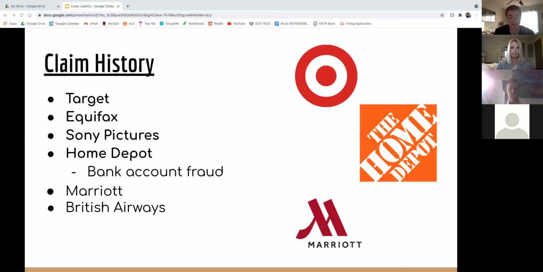So now we're going to take a look at a couple of examples of recent claims due to cybersecurity attacks. The first attack that we looked at occurred in November of 2013. It was where attackers used malware to hack into a customer database. This was with Target, and they used malware to hack in and steal credentials from a third-party vendor of Target.